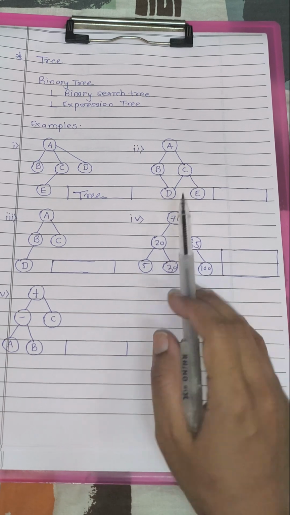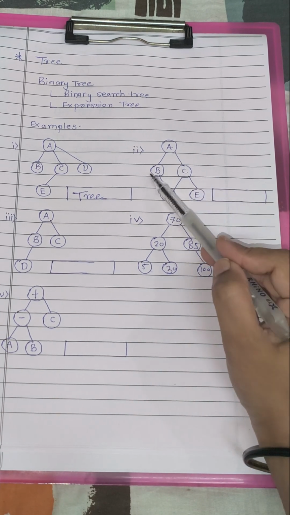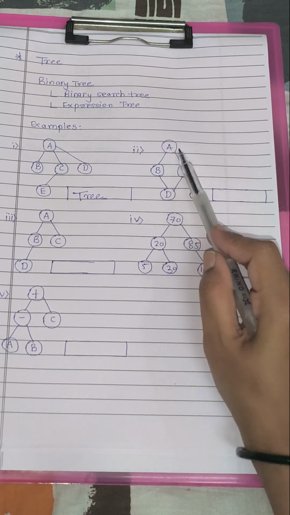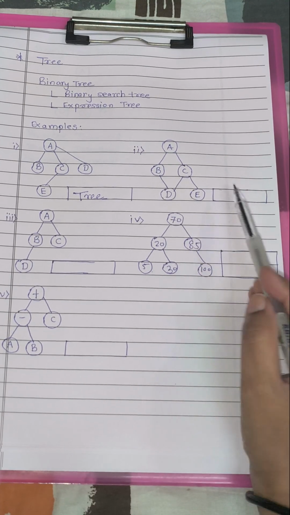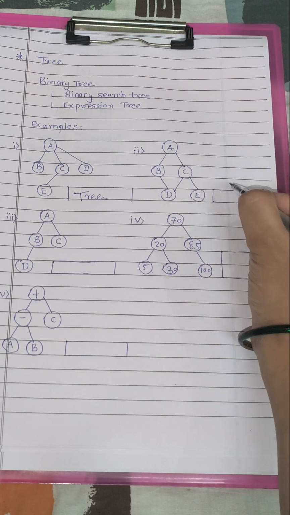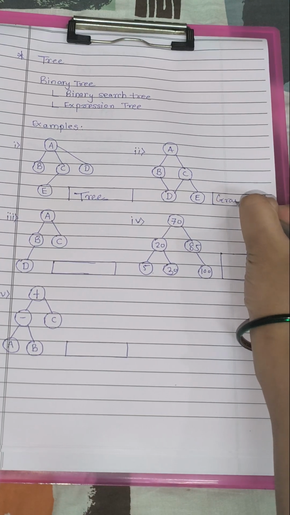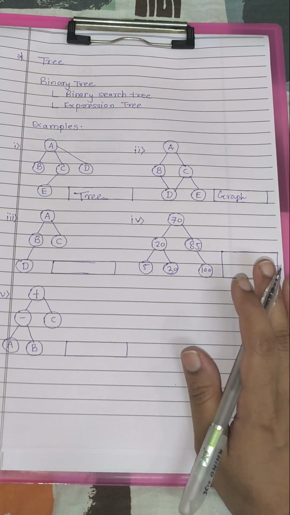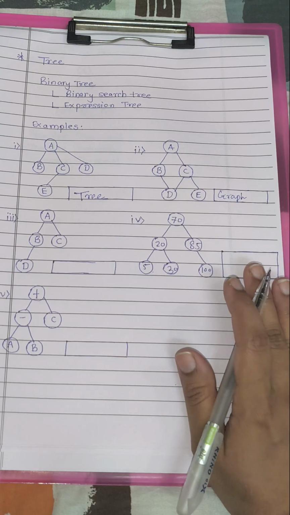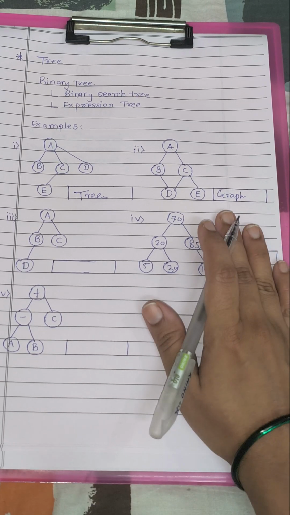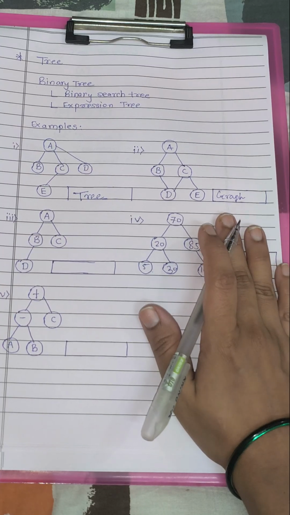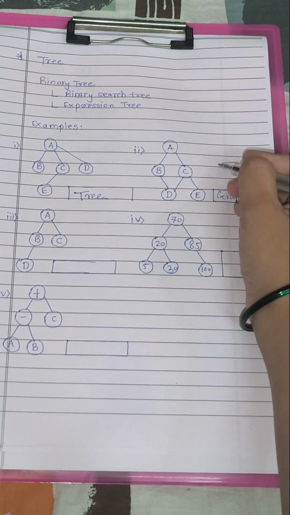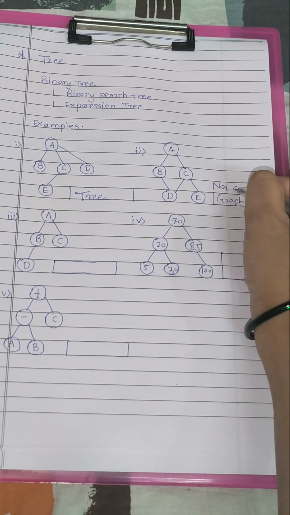The problem here is that these 4 nodes are forming a cycle. When a tree structure forms a cycle, it is not called a tree. It basically becomes something called a graph. Now, in our data structures series, or the syllabus we are following, we are not discussing graphs. So talking about tree structures only, this is not a tree example. So let's call it not a tree.